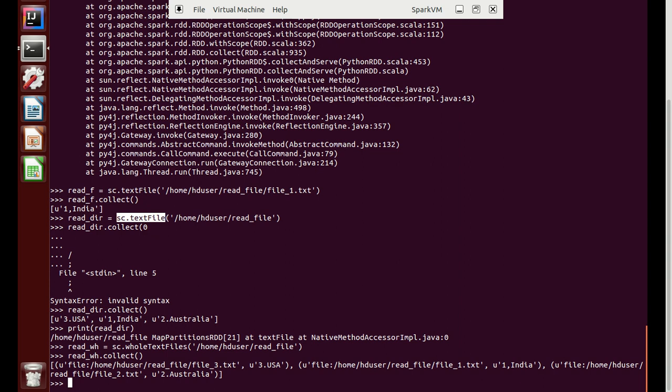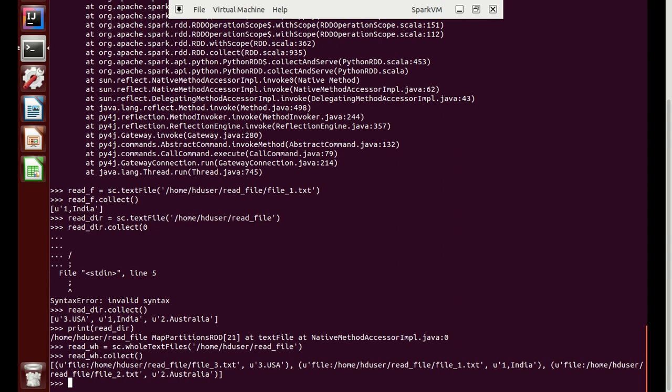So if you see here, it will create a tuple with the first file name and inside their contents. Similarly, file name and their content, file name and their content. So now are you able to understand the difference between text file and whole text file?